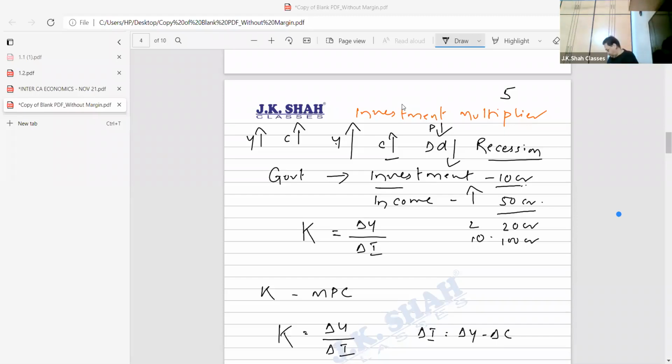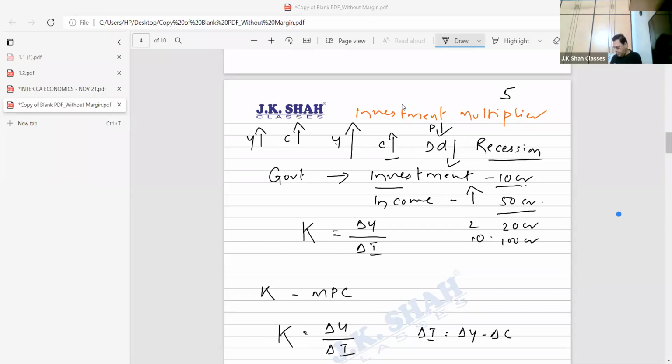In this situation, government authorities make investments. Write in brackets: autonomous investment. By this time you all know autonomous means what? Without an intention to make profit. Now government makes autonomous investments,